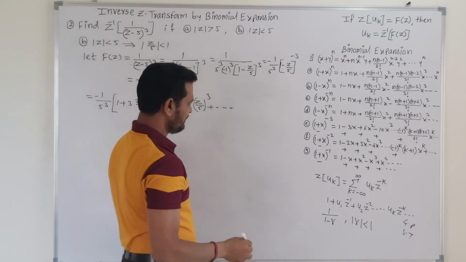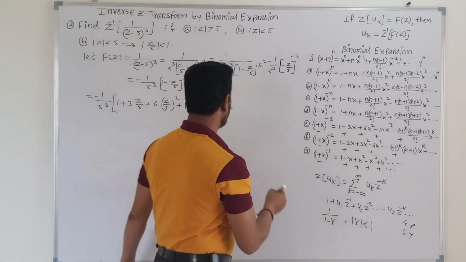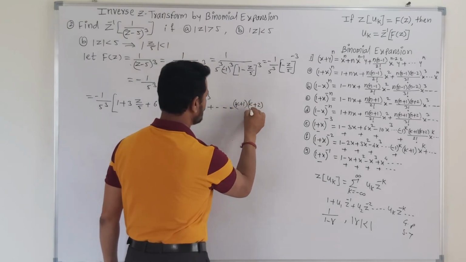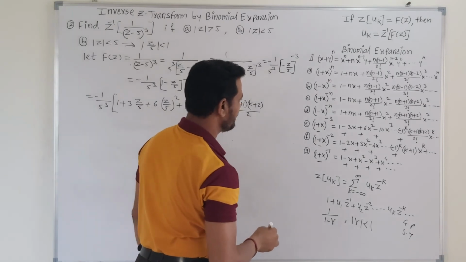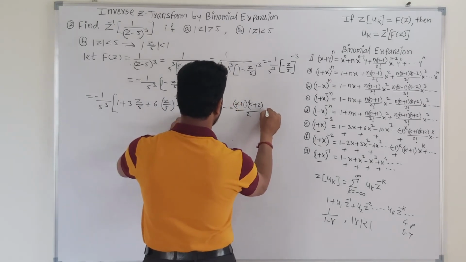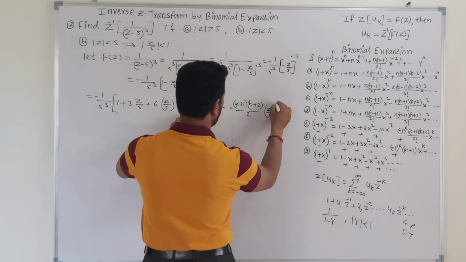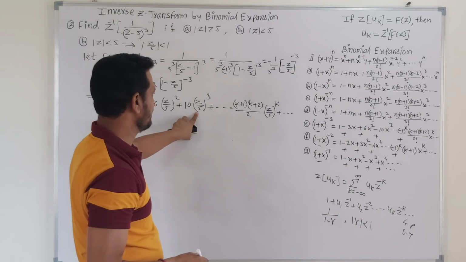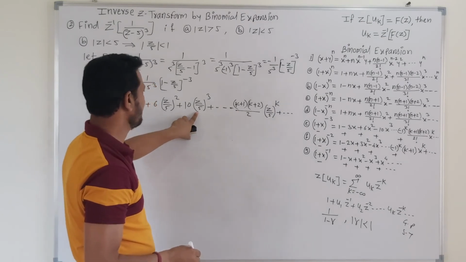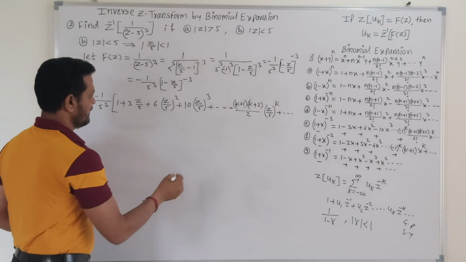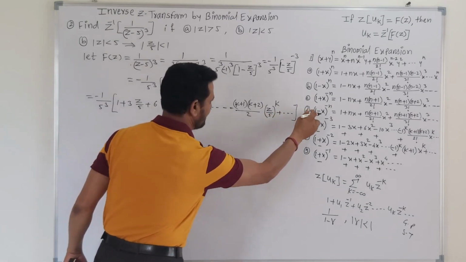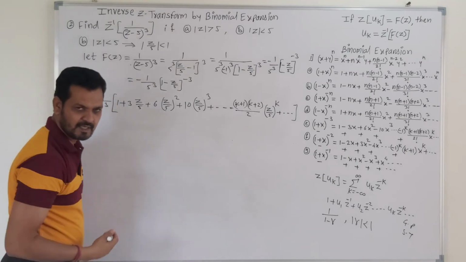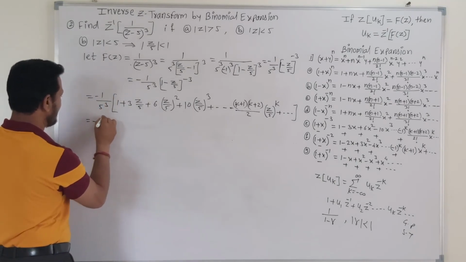So in general we are interested in the kth term, so we can write this as k plus 1, then this is k plus 2 upon 2, then x raised to k. So value of x is z upon 5 raised to k, and so on. So this is k plus 1, k plus 2 upon 2, then z upon 5 its cube, and so on. So now friends, here we get this expansion with the help of this standard result E. Now let's take this 1 upon 5 cube to the inner side. So we get this as minus as it is.